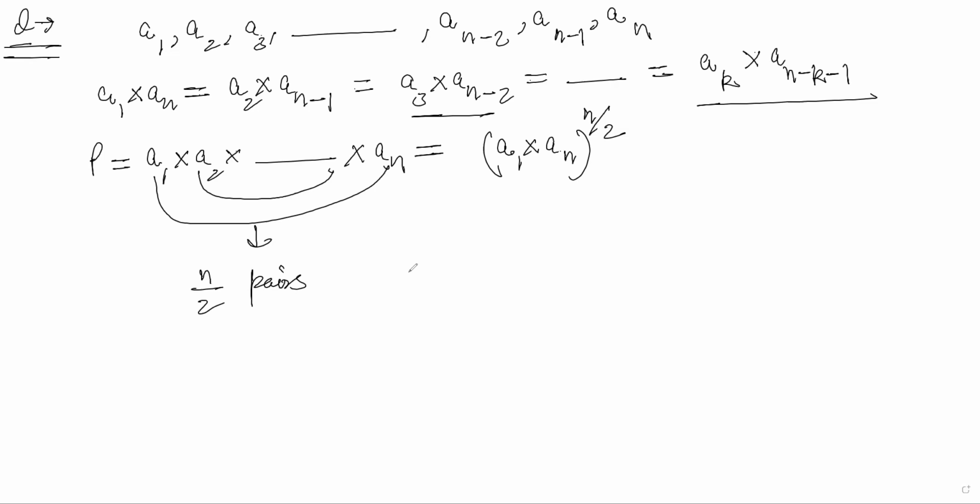तो क्यों ना मैं इस पूरे को ऐसे लिख दूं a1 इंटू an, एक पेयर, और ऐसे ही कितने पेयर, n/2, तो a1 into an to the whole power n/2. Now if you take square from both sides, तो ये कुछ ऐसा बन जाएगा, और यही प्रूव करना है क्वेश्चन में।